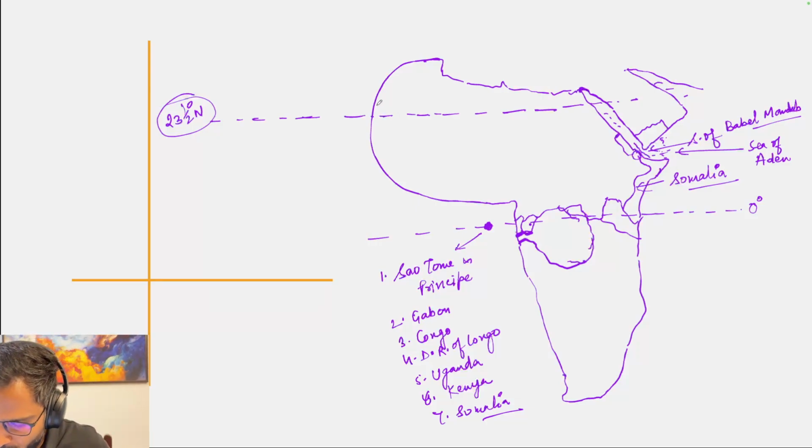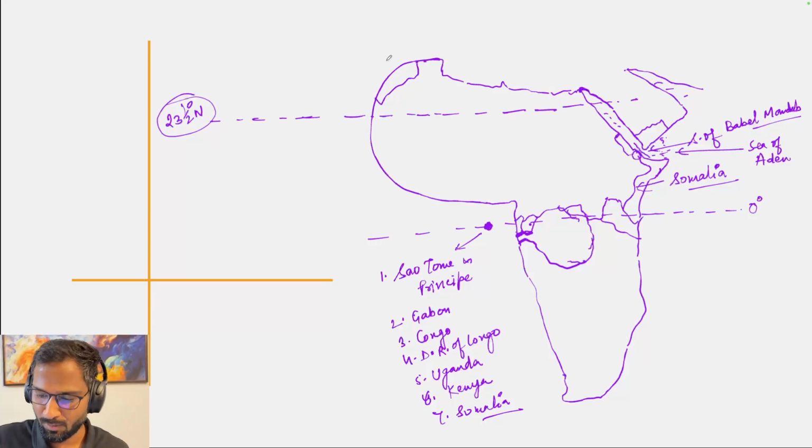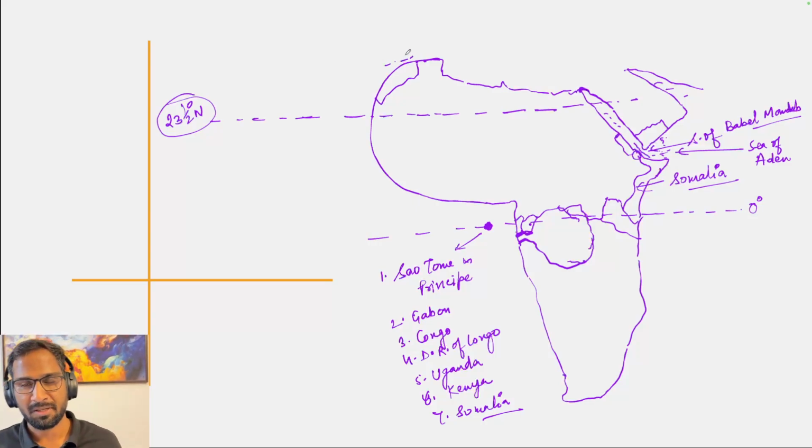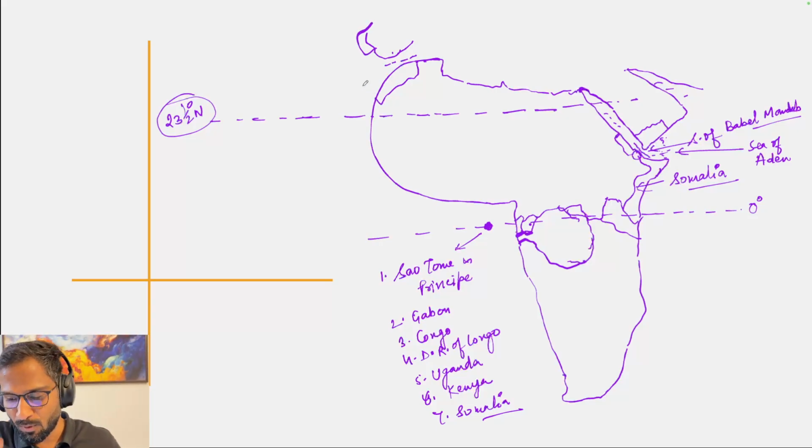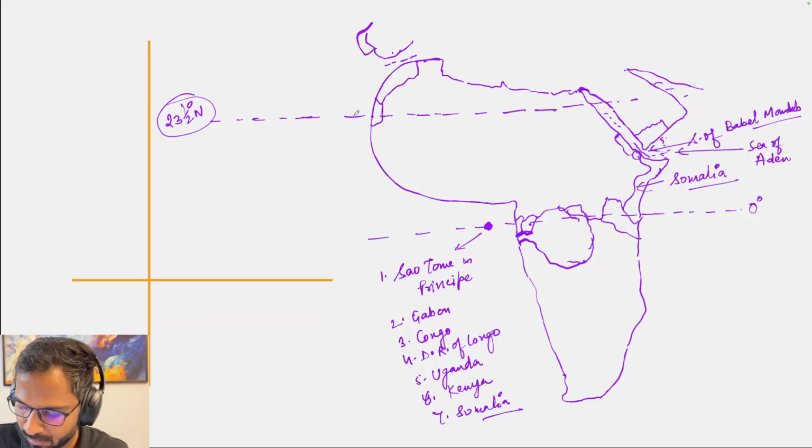So I told you over here the country was Morocco, and here we had the Strait of Gibraltar, which was obviously connecting Europe. This was Spain. Below Morocco, if you move further southward, over here you'll find a small country called